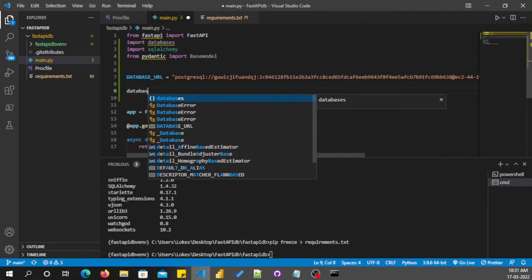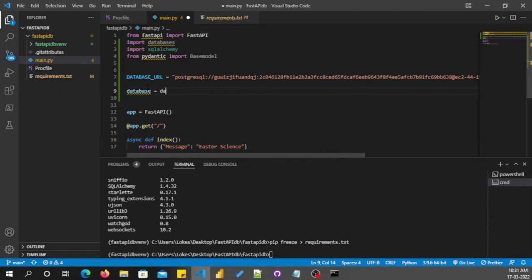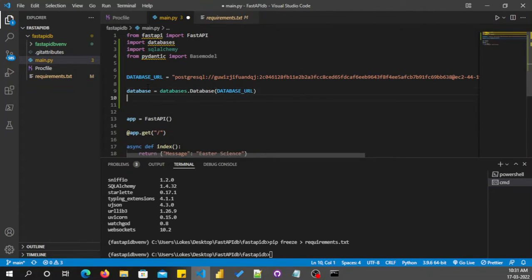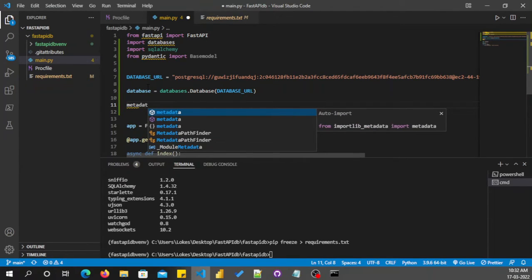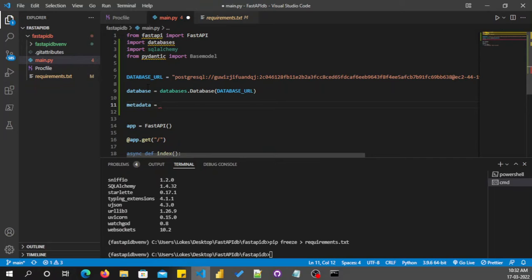So database is equal to databases dot database function, and we have database URL. Okay. Now our database is fine. Let's create a data which will contain the